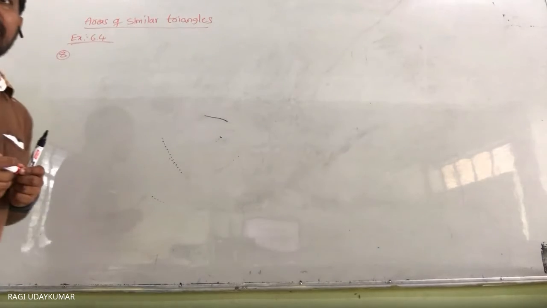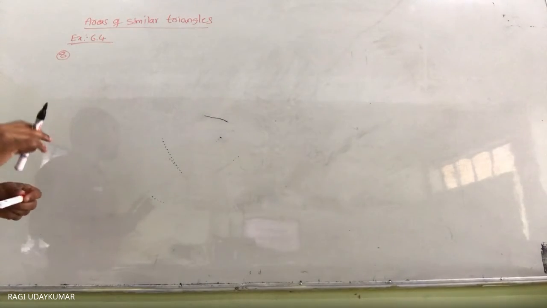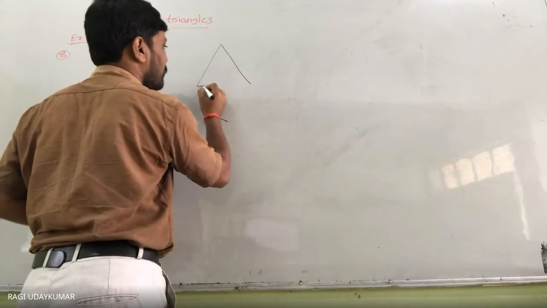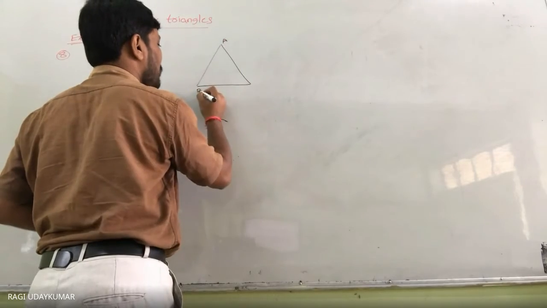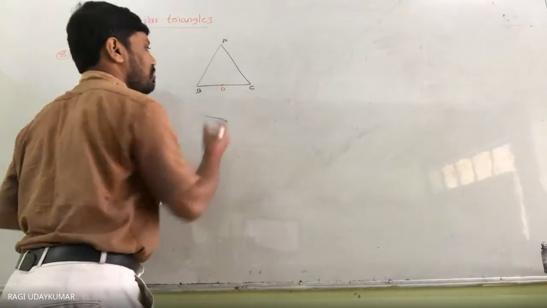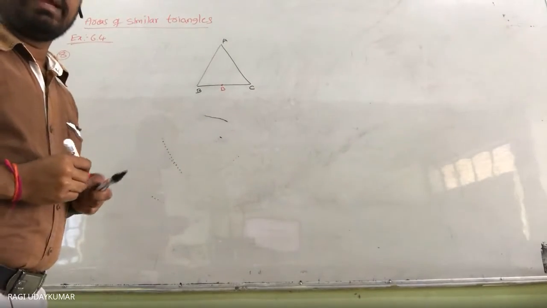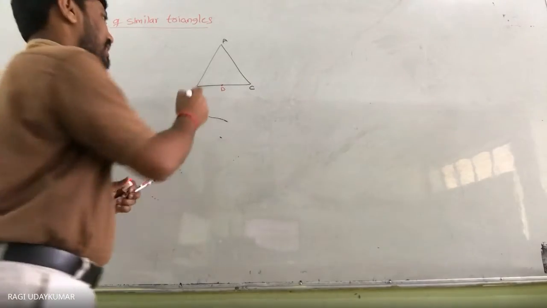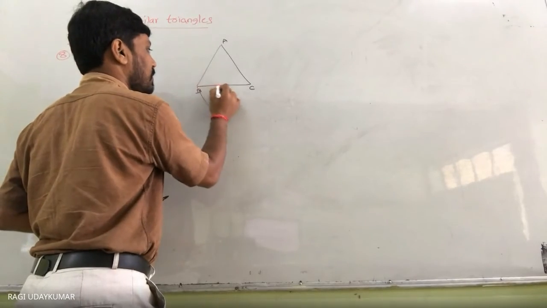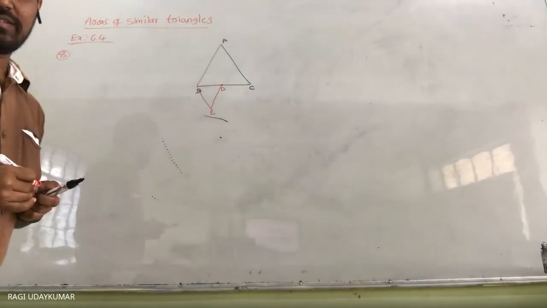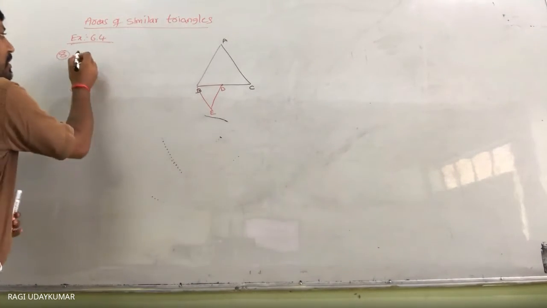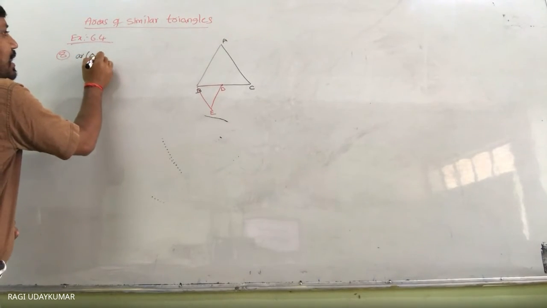So what is the question here? ABC and BDE are two equilateral triangles such that D is the midpoint of BC. So here, like this, A, B, C. And it is given that D is the midpoint. BDE is another equilateral triangle. So like this you may have, this is BDE. Very simple here, since two equilateral triangles are always similar.